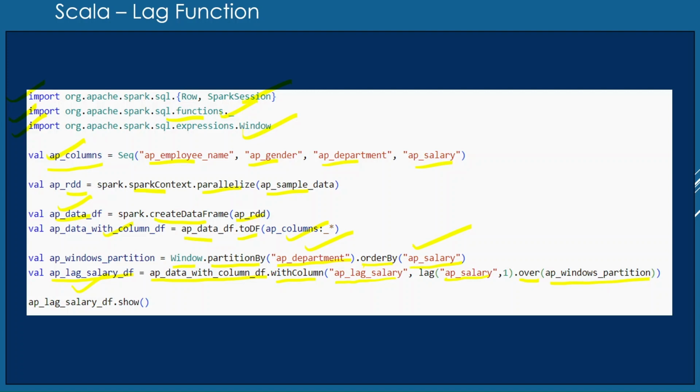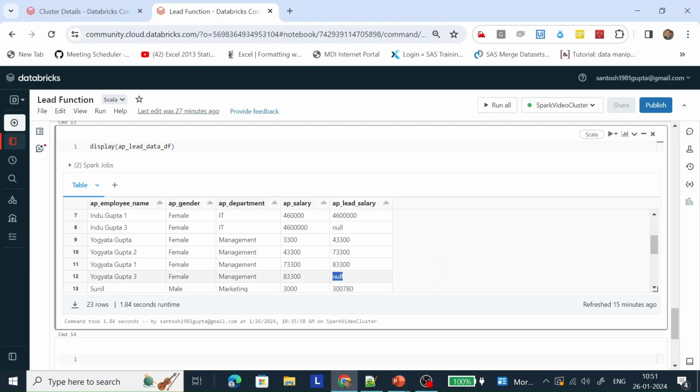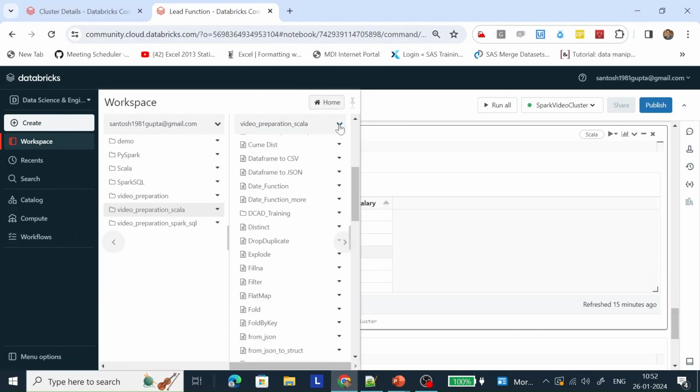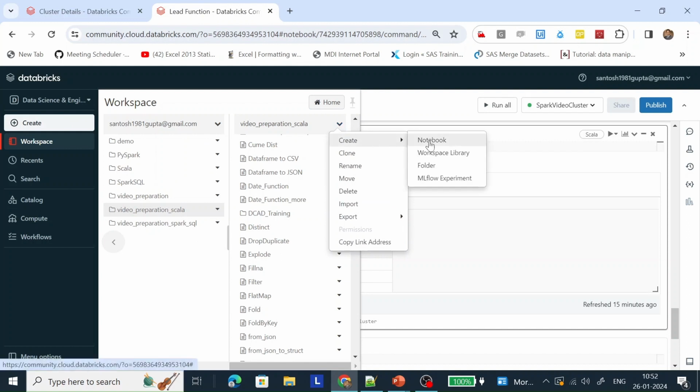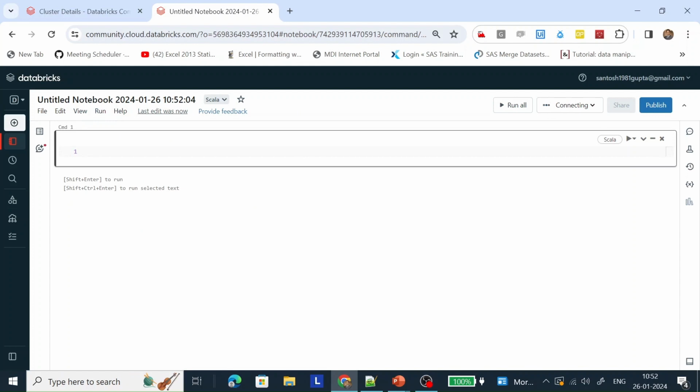So let's go to Databricks. Let me create a new notebook and name it lag function. Now to perform this exercise, we need to have some data.